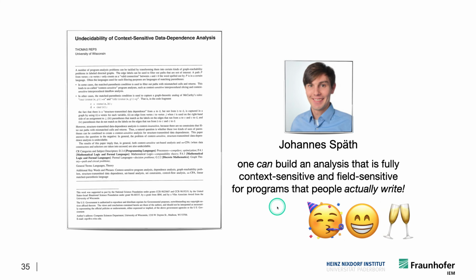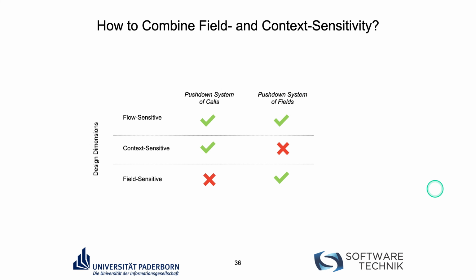And that's what Johannes Späth was actually able to show in his PhD thesis, that one can build an analysis that is fully context sensitive and field sensitive for all practical purposes, because it works for all programs that people actually write. And so what this is really doing is combining an approach that uses a pushdown system of calls, for calling context sensitivity, that gives you flow sensitivity and context sensitivity, with a pushdown system